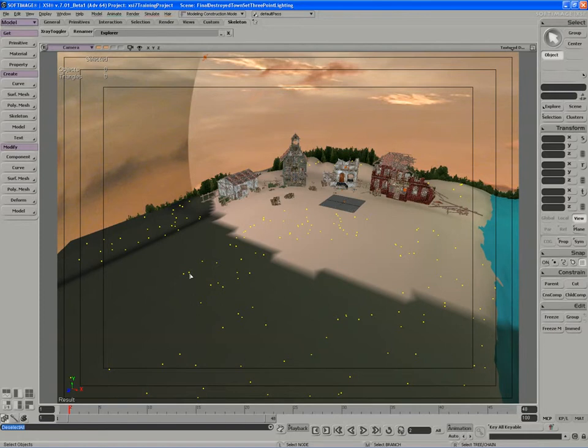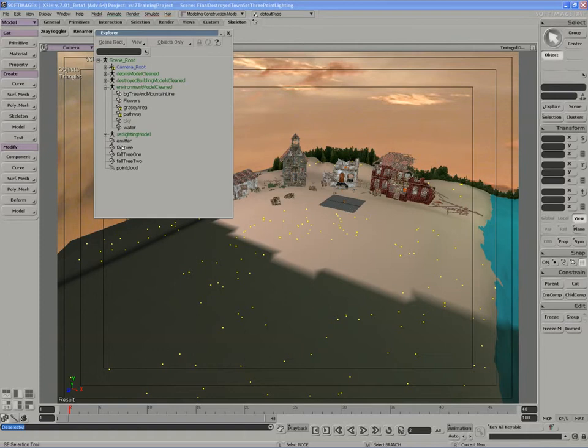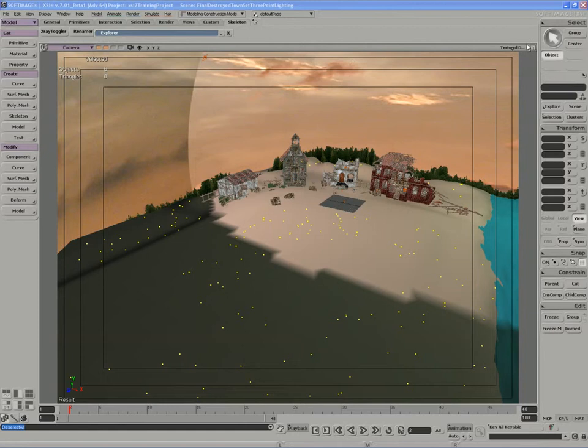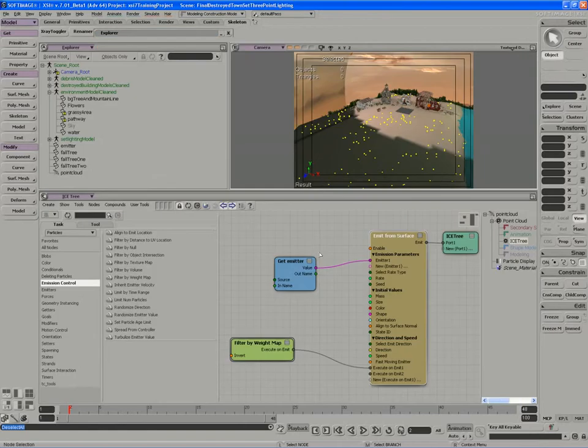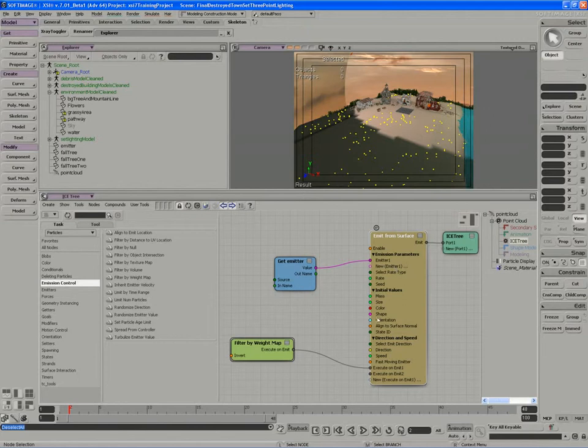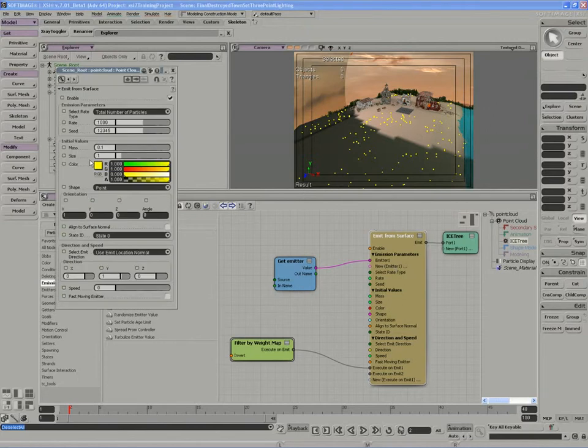To replace the points with our tree geometry that we imported a little earlier on, fall tree through fall tree 2, we need to add another compound or node through the ice tree. On the emit from surface compound, there is a shape input, and if I double click on it and I